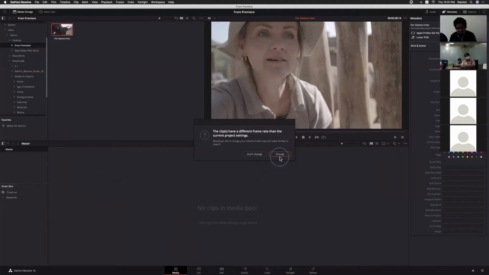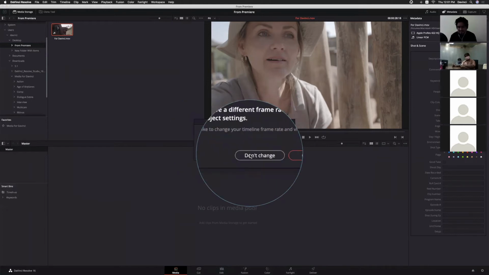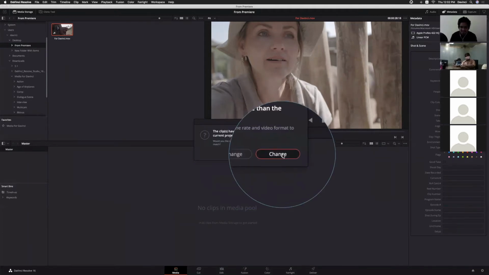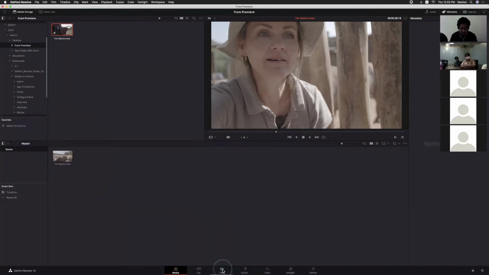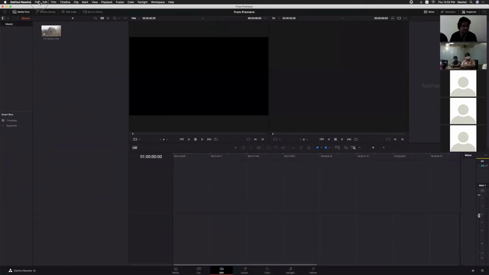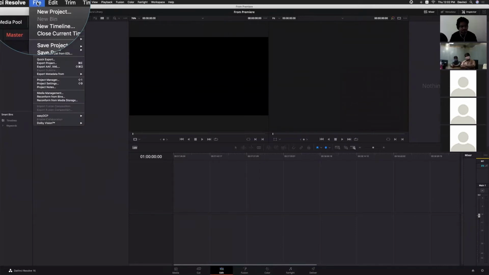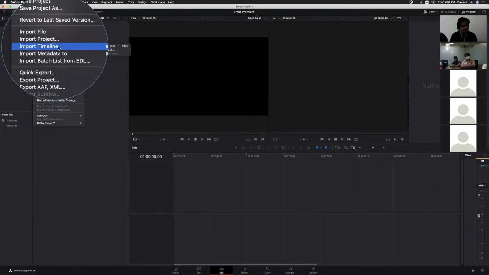And if the project settings are different, it will ask you, like in any other application, whether you need to change your project settings. So click change. Now we added our exported media file into my timeline. Now go to edit page, go to file, import timeline.